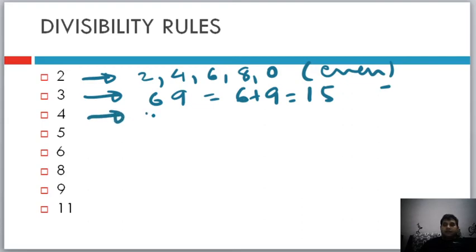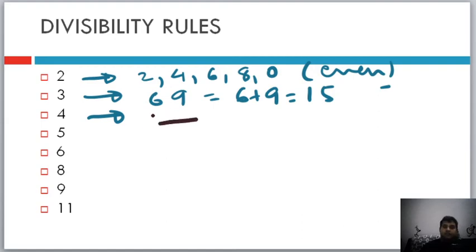4. The rule of divisibility of 4 is very simple, that the last digit should be 4, it should be 8. Okay, and in certain cases it can be 0 also. So let me articulate it in a better way. No, it should not be 4 or 8. So it is very simple. Let me give you a different kind of insight on this one. The divisibility rule of 4 is that you take the number and you look at the last two digits.